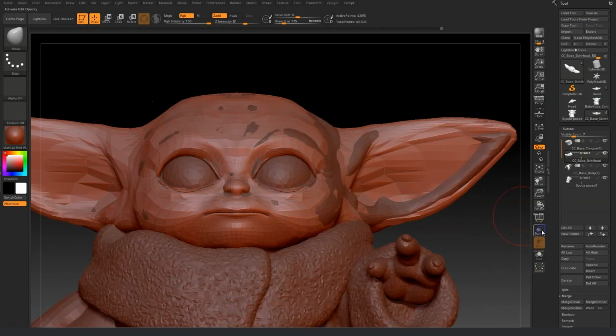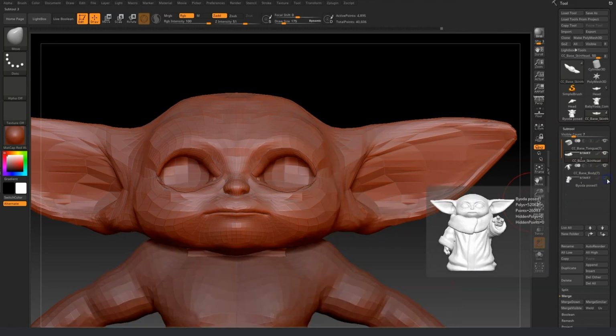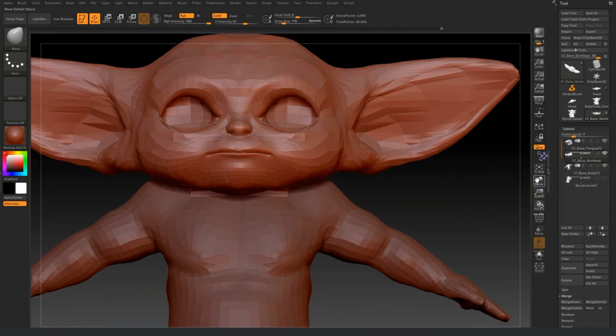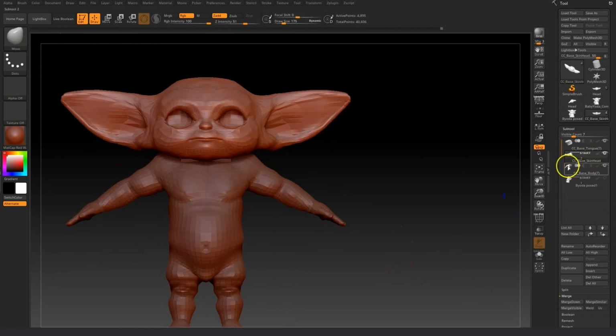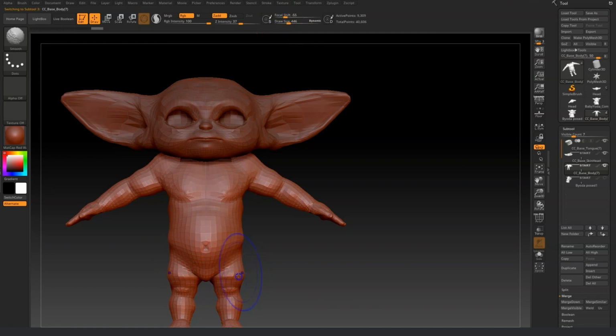Alright, let's have a look at that. Turn that one on. And so now he's kind of just looking like a gremlin. Let's tidy the body up a little bit as well. Just need to smooth out. So this actually, we want to make him